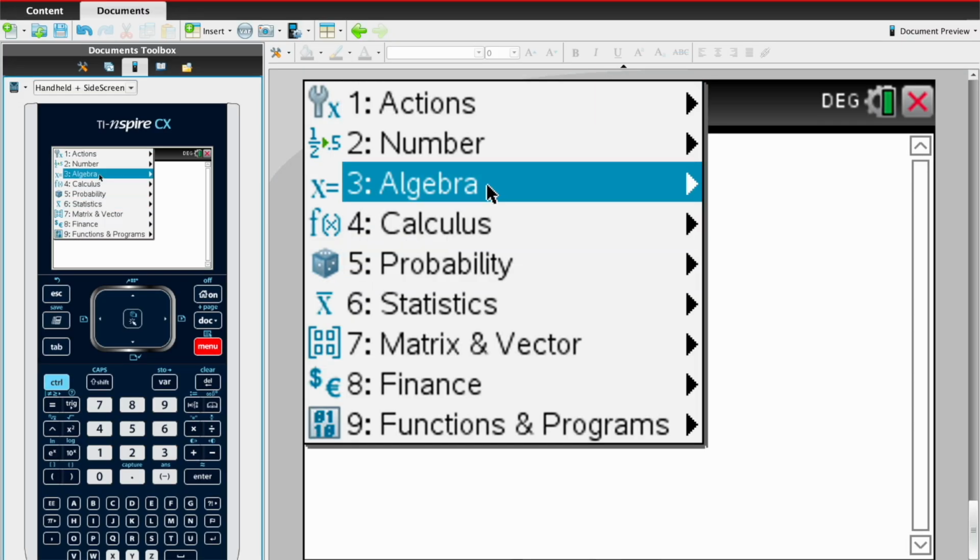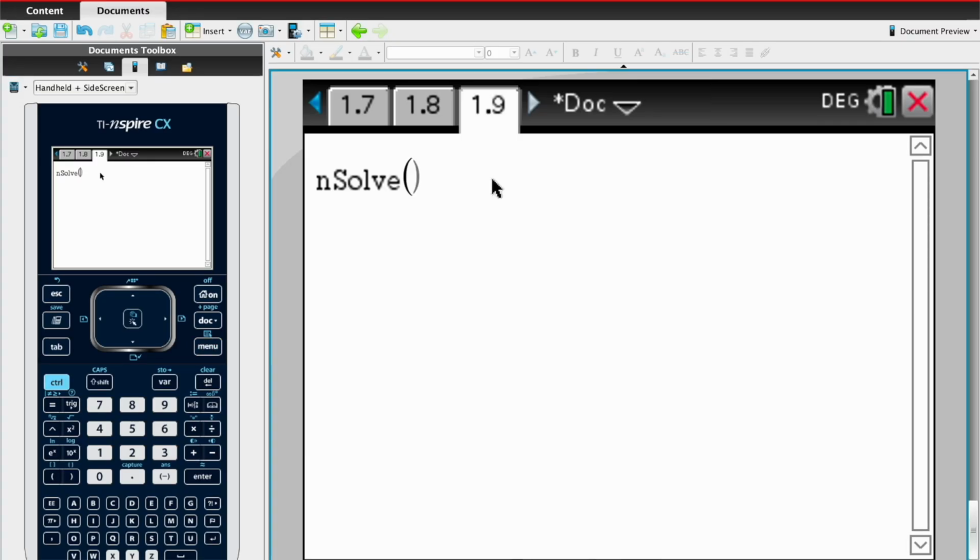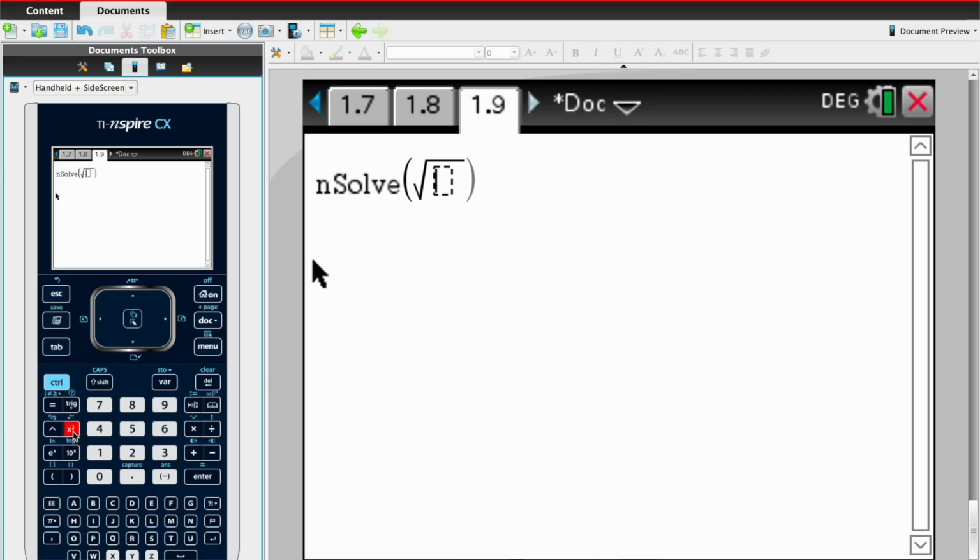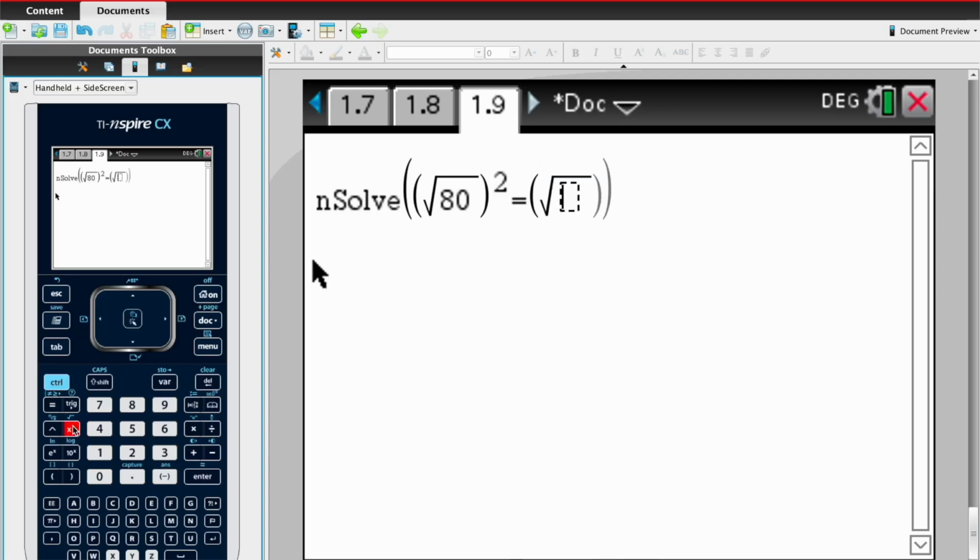Menu, algebra, numerical solve. And then, to be honest, we don't actually need root 80 since we're going to square it. If we square these values, it essentially gets rid of the root. So we can actually just write 80. So let's do that. So let's say root 80 squared is equal to, and then once again, we had root 80 squared,